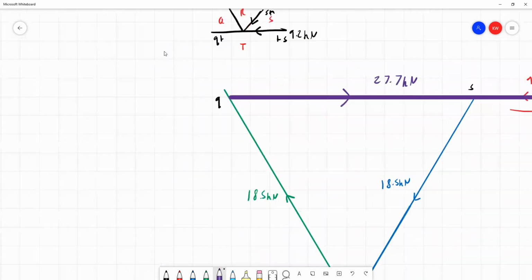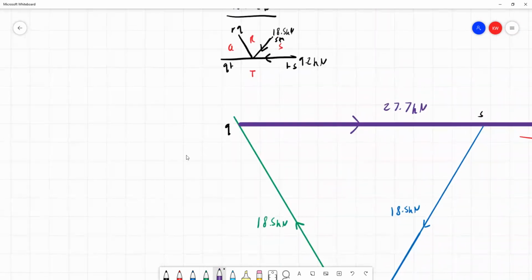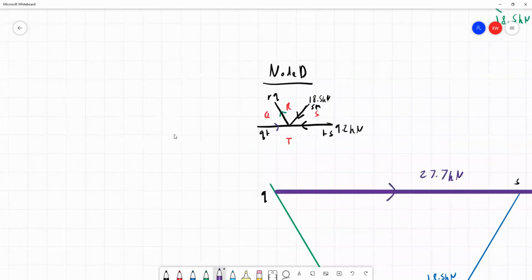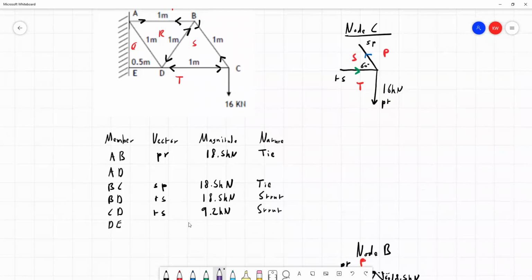So let's go up here. So let's take QR first of all. So QR is heading away from the node and QT is heading towards the node. So QR represents a tie, QT represents a strut. So we said QR represents a tie and